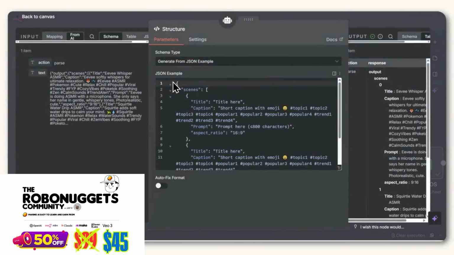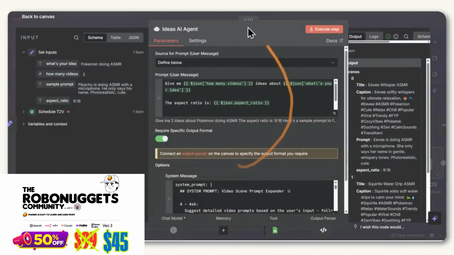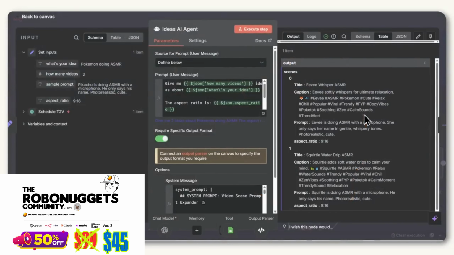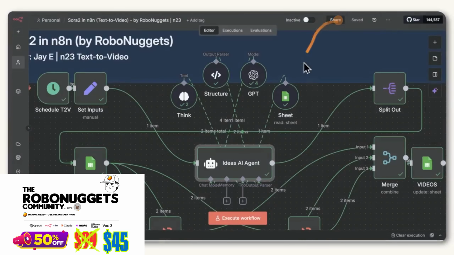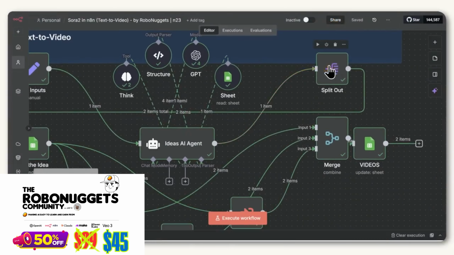And what I just have here is this JSON structure that asks for the title, caption, prompt, and aspect ratio. And because we gave this guidance to the agent, if I reopen this AI agent node, you'll remember that the output it gave us is also well structured. So it passed this output now to the succeeding node, which is this split out node, which if I open this,